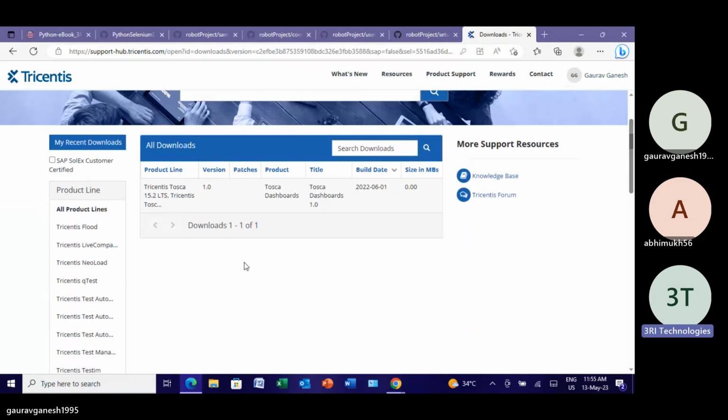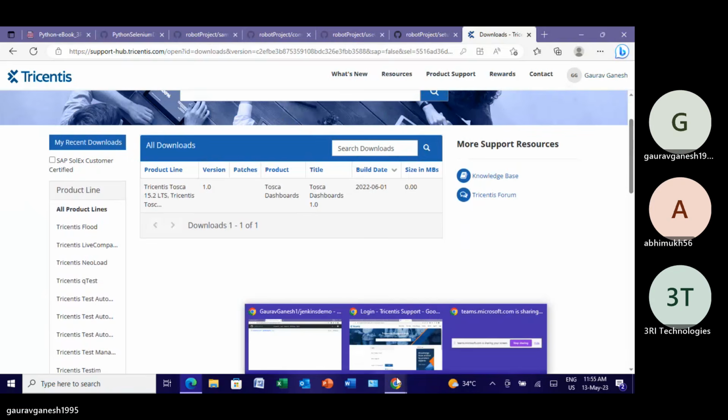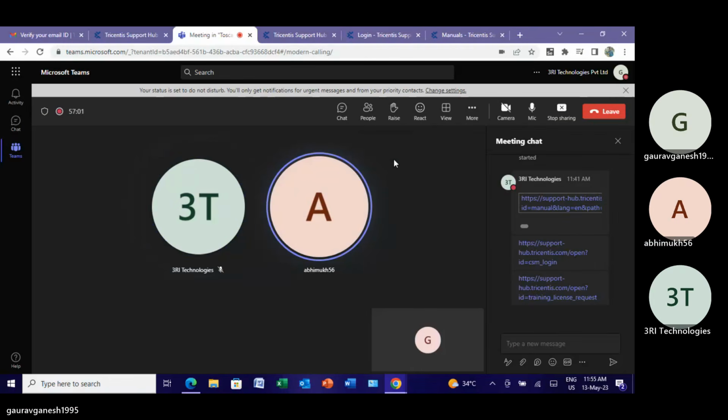If you can give me control, maybe I'll log in using my credentials and you can download that way. Okay. Maybe you can request the control. Yeah, let me check that.